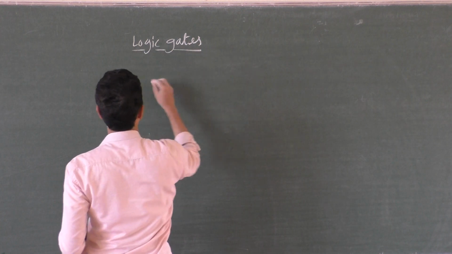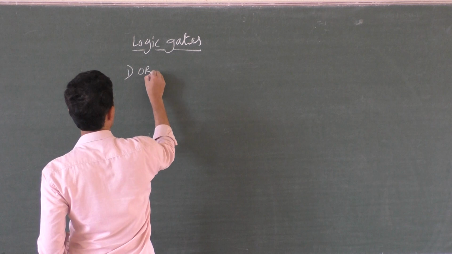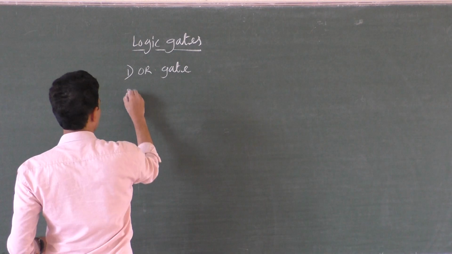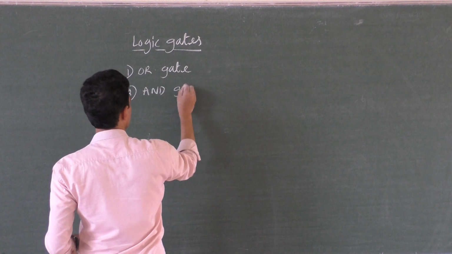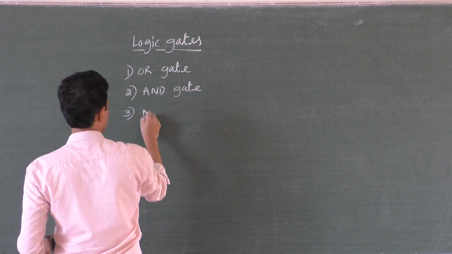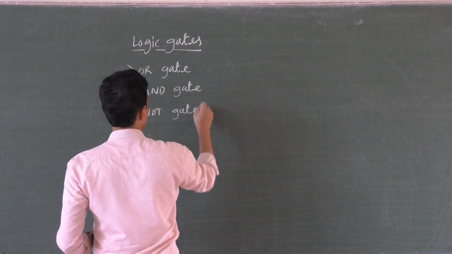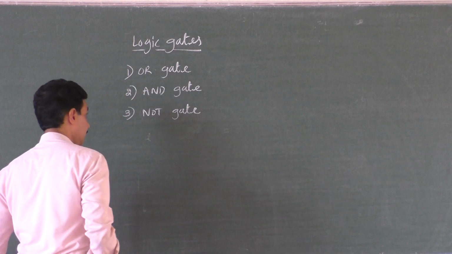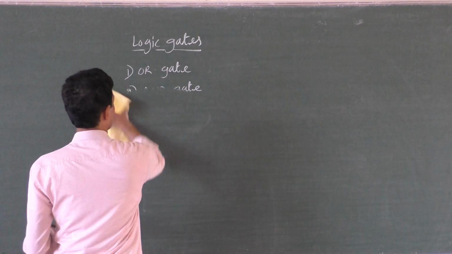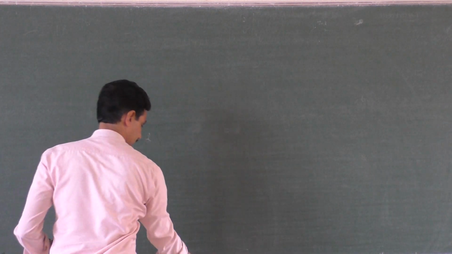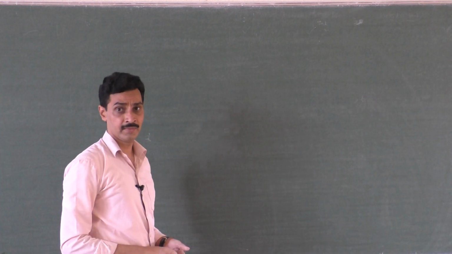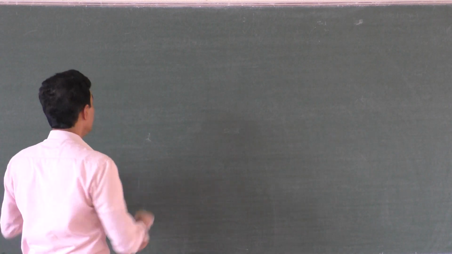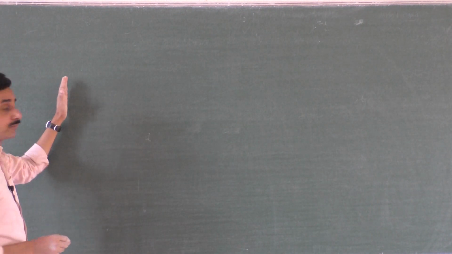One is the OR operation, OR gate, and it is represented by plus. And the AND operation, AND gate, and the third one is the NOT gate. So one by one we will see. We will revise the OR gate, the AND gate, and finally we will go to the NOT gate. We have realized them in a circuit, and I have given an electrical circuit to remember it, but it is not the actual logic circuit that we have inside the computer. So for example, we will start from here. We will use the full board today.